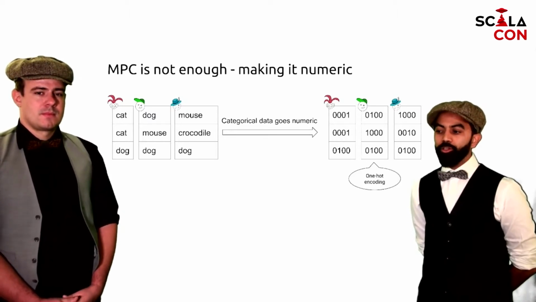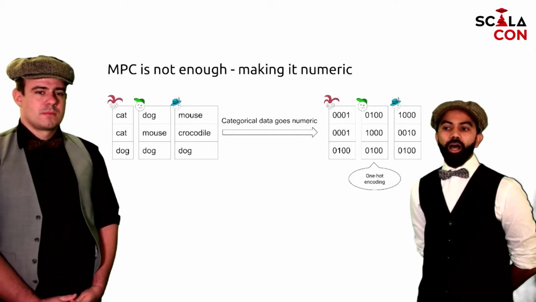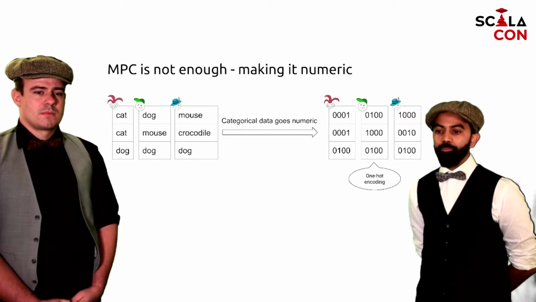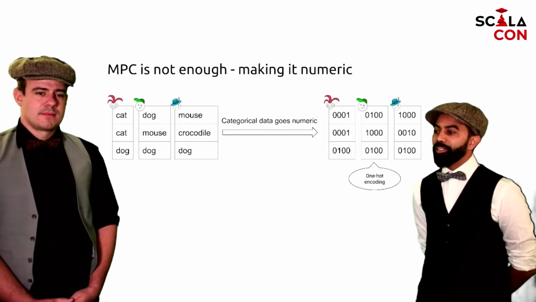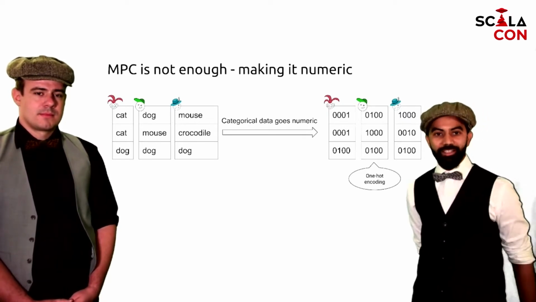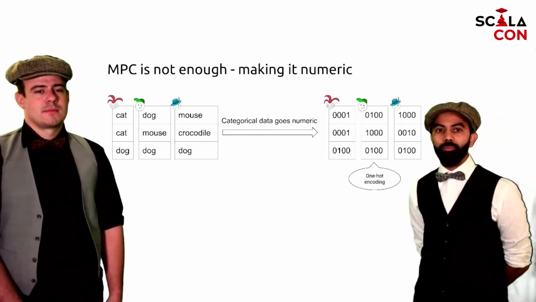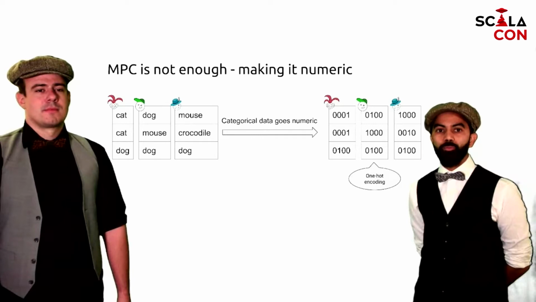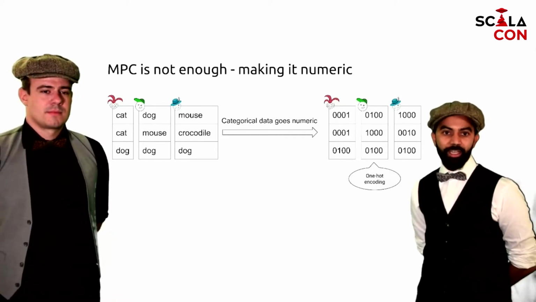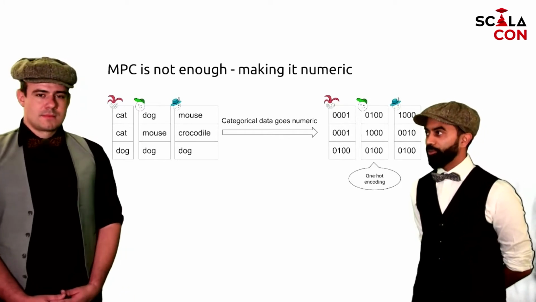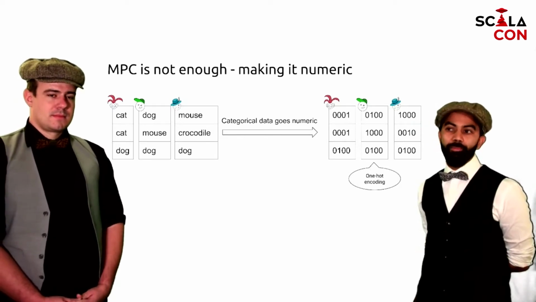So how do you do this when you don't know the full category? Let's say that I only know half of this category, a portion of it, and Jakob knows the other ones. At this point, it's not enough for me to make a one-hot encoding of my own data, because I need to know what the full category is. So we need to come up with a protocol whereby we first exchange some information, which allows us to complete the full set of the categories before we can compute the one-hot encoding. And this is, of course, all done before we even enter an MPC algorithm.